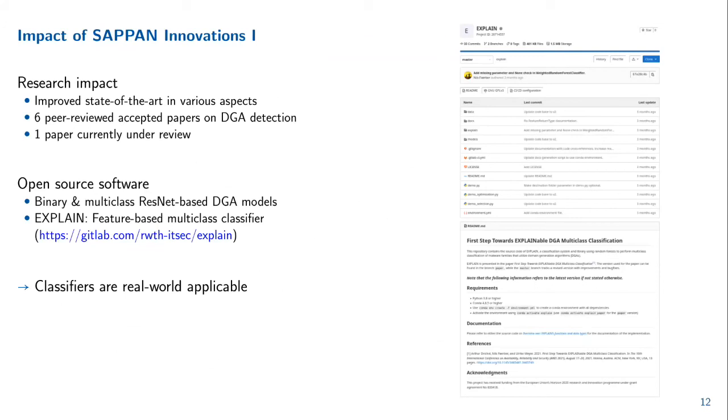As I've said, we studied 136 features, but actually not all of them are needed for classification. For instance, the very feasible classifier which achieves state-of-the-art performance requires only 28 features. And lastly, of course, the developed classifiers are real-world applicable. Feel free to try it out. It is also very well documented, and there we also explain every feature in detail.